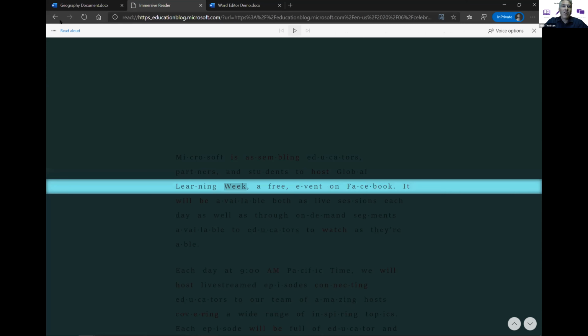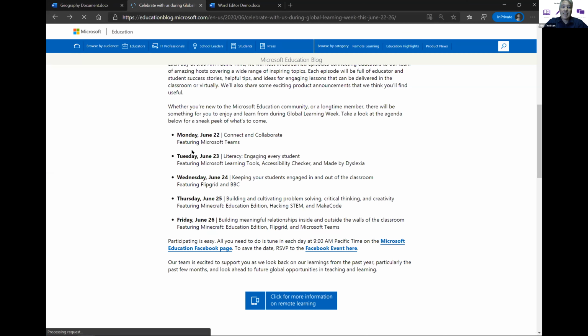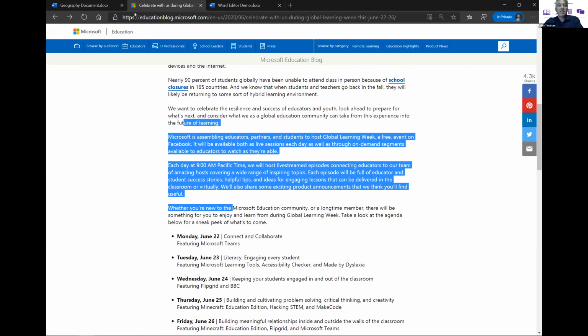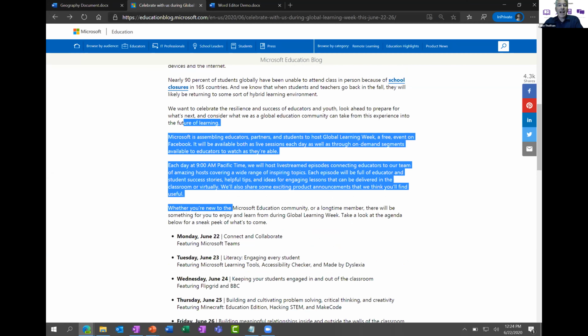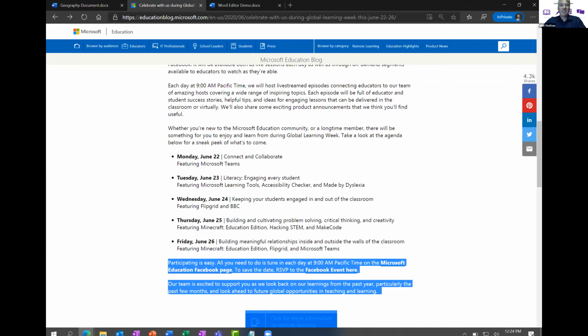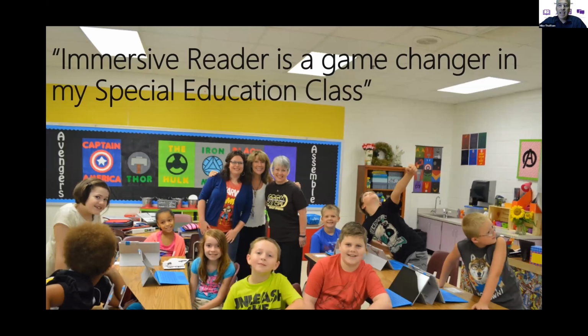So that was all on a web page. Wikipedia, blogs, whatever, just select text and open an immersive reader. So with that, what I'm going to do is flip back to the presentation. And actually, Alice, before I talk any more about immersive reader, I'm going to turn it over to you to talk and maybe show a little bit about how you've experienced immersive reader with your